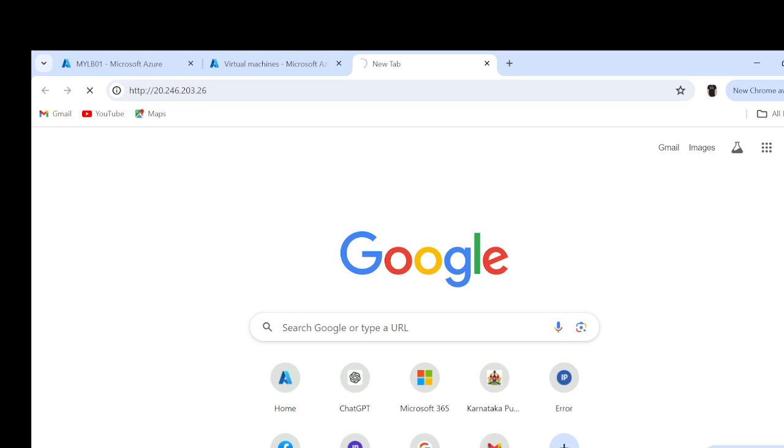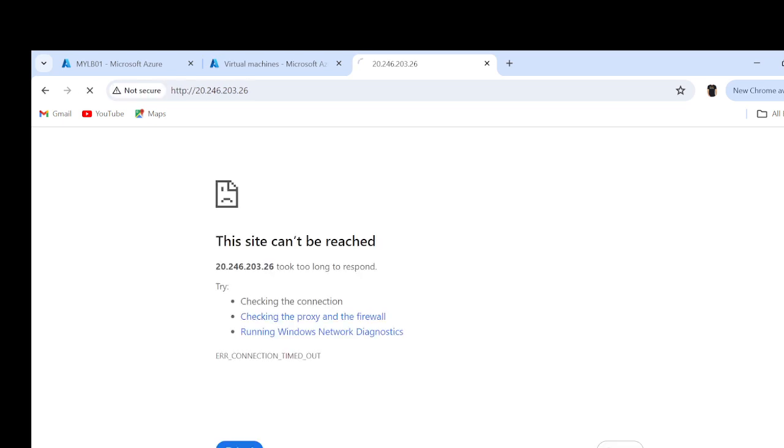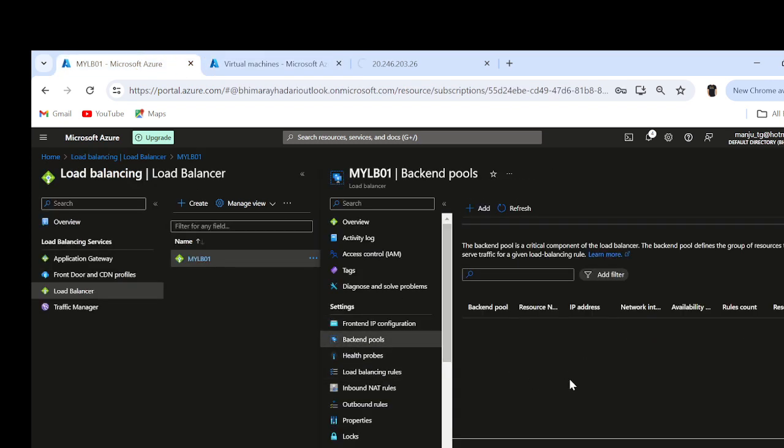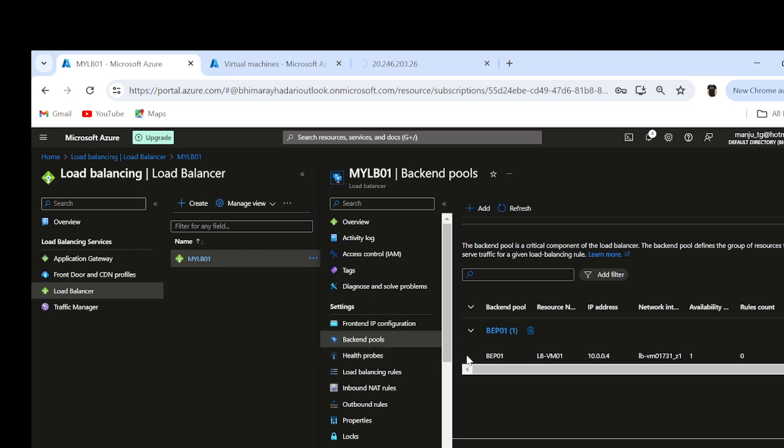now there is no application, right? So it is still searching, searching, searching. If there is already a virtual machine, now see the load balancer is there, the virtual machine is also added, but we have, see, site can't be reached. You have the virtual machines here. You have the load balancer, you have the backend pool, and inside the backend pool also you have the virtual machine. Correct? If you see in this backend pool, you have the virtual machine,